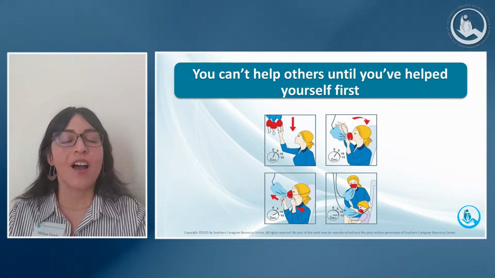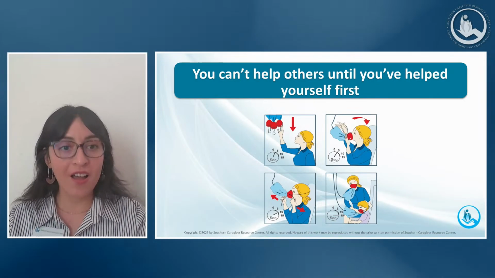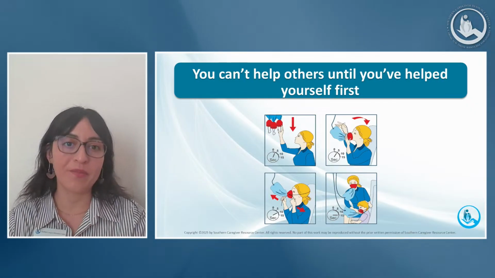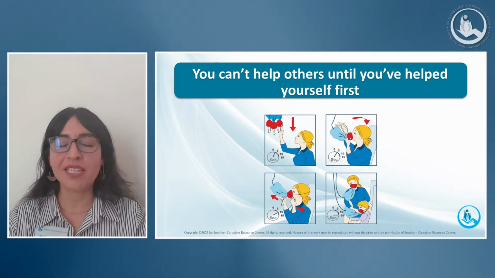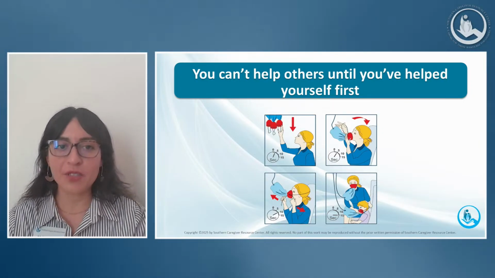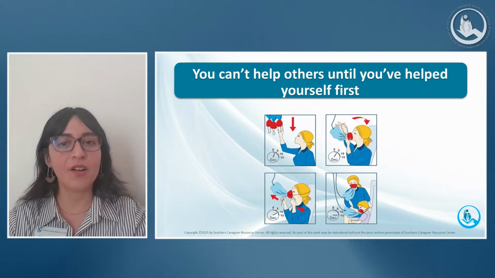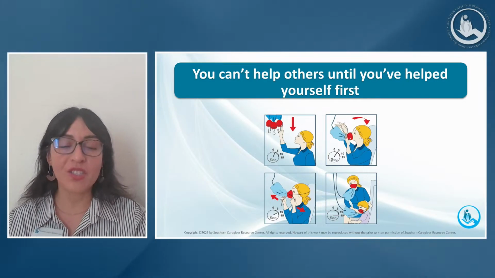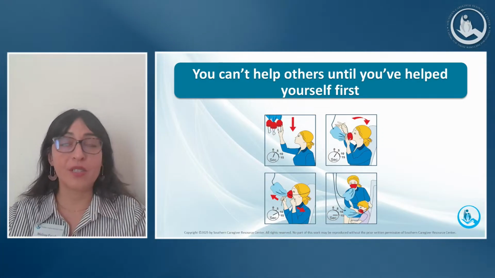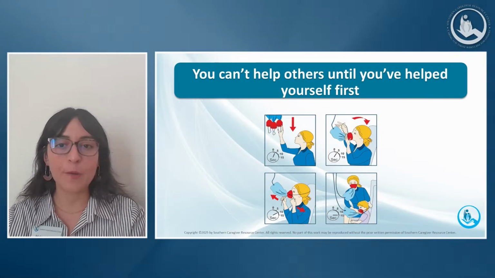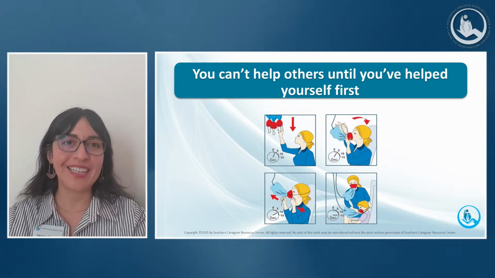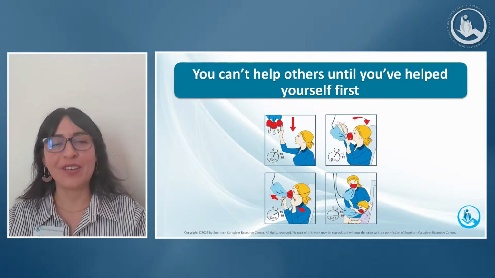But if you have your oxygen mask on first, then you are able to help them. So as a caregiver, many times we have to do the same. We have to take care of ourselves to be able to continue fully committing to that caregiving journey and responsibility that we have. So hopefully this image really conveys the need for you to take care of yourself as a caregiver.